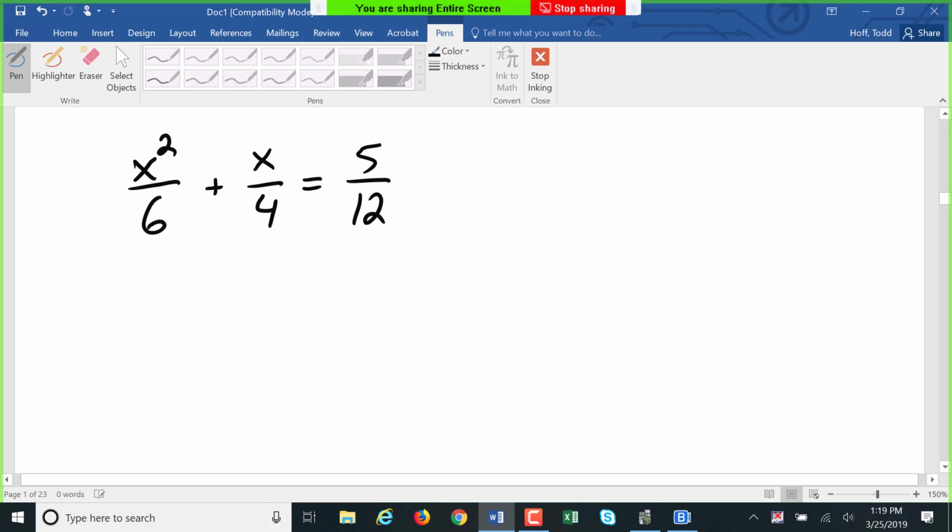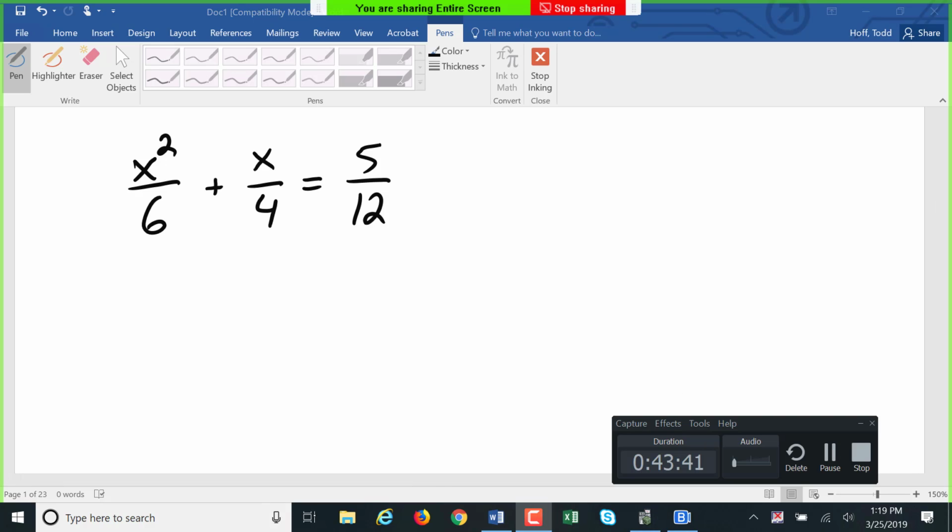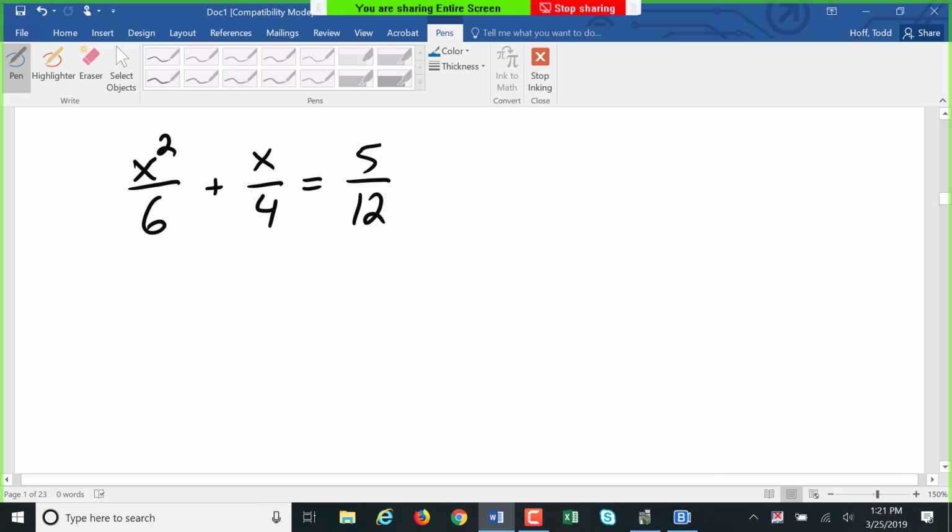Give that one a try quick. I'll give you a little over a minute for that one. What is our common denominator for this one? 12. Good. When we multiply the first one, 12 and 6 cancel to give us 2, so we are left with